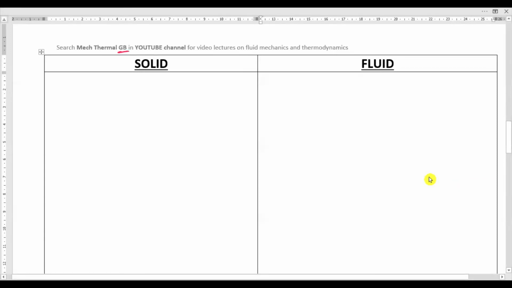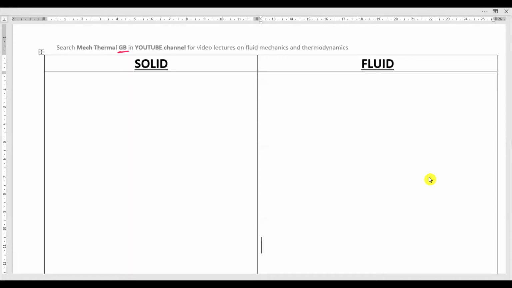So in today's class, we'll understand the difference between solid and fluid. This is the one basic question you must remember. It may ask you in practical Viva questions and as well as some interviews. So many students will get confused between the solid, fluid, and which one is gases and which one is liquid. Okay. So here we'll understand with some examples.